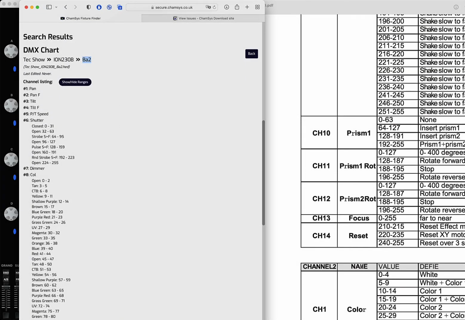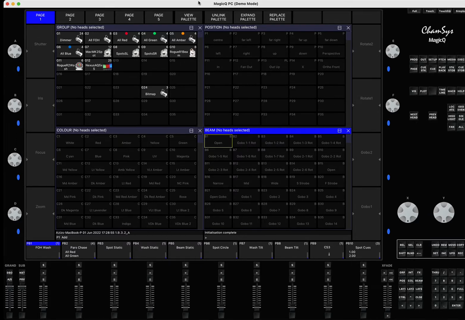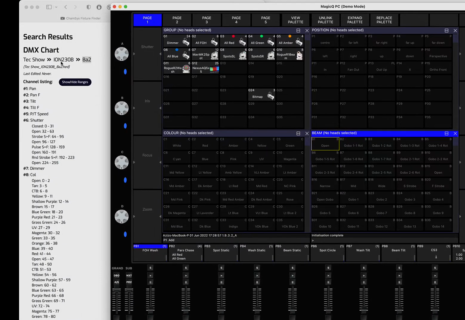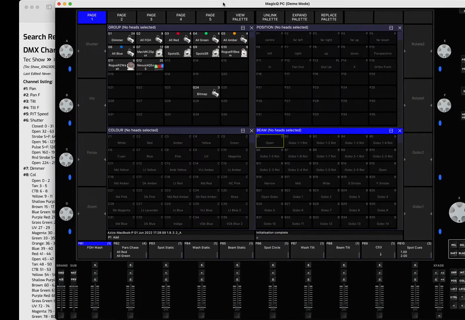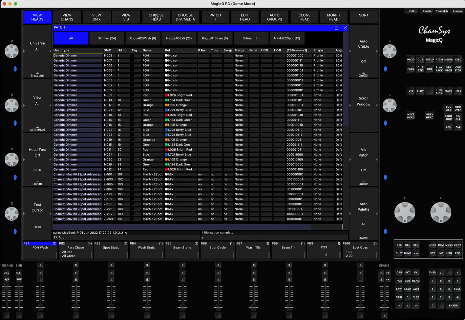Right. So now we're opening MagicQ. So here we've got MagicQ. And the file that's suggested to us, it's called BA2. So we go in the MagicQ, we go to the patch window, then we go choose head,